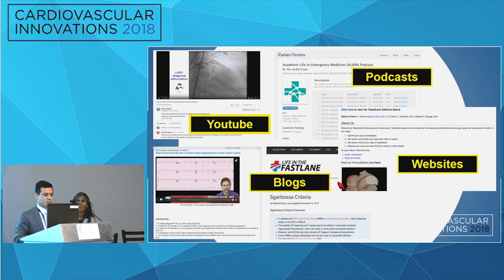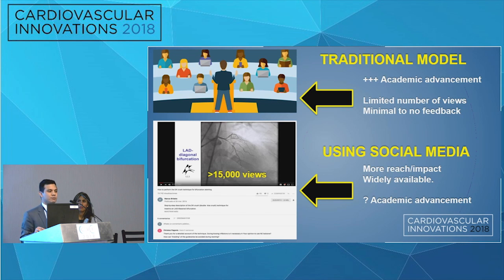I'm just going to touch base on Life in the Fast Lane, which I for sure have visited a number of times for ECG criteria. When I want to quickly look it up in Google, it is usually your first or second result. To my understanding, it's a website run by 10 guys in Australia, and it has more visits than many of the major journals on a daily, weekly, or monthly basis. Journals have this whole machine of people working, and these 10 guys in Australia have more visits for free education. That's really where a lot of the future is going: free access and open education. So again, there's the traditional model.